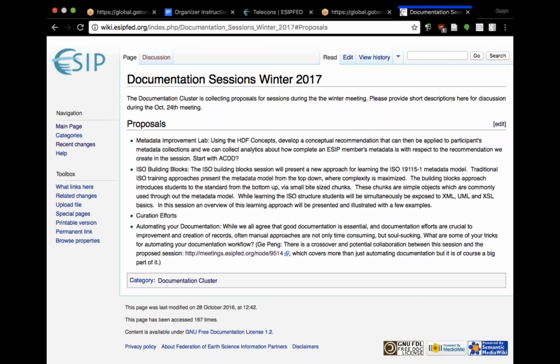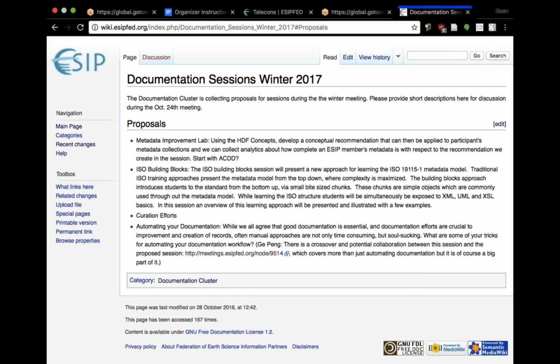It is being redone for the new ISO standard version, and so it'll be an interesting way to connect into documentation that will help guide your creation of the newest version of ISO records. And so then we will also be looking at curation efforts and automating documentation.